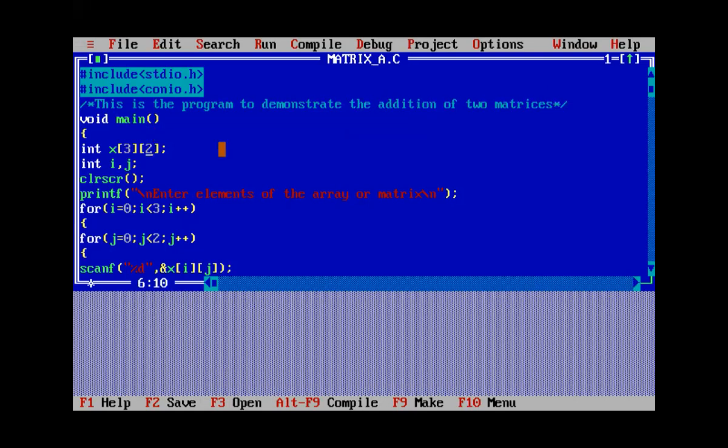We will declare two matrices. Let us declare the first matrix as A, as we have just discussed here. We can have the elements 3, 4. We have another matrix B with the same number of elements. We have another matrix sum with the same number of elements. Integers i and j, just to control the iteration over rows and columns.